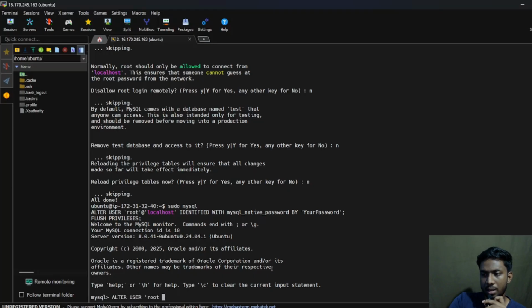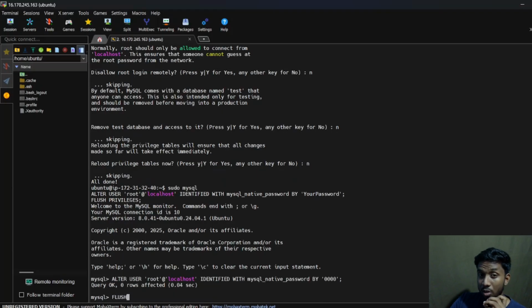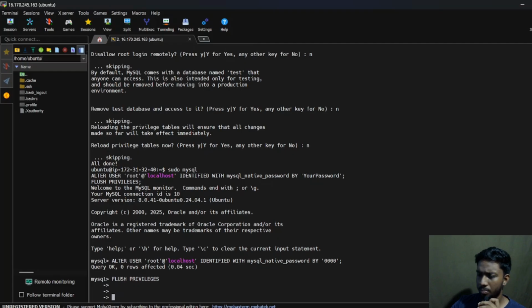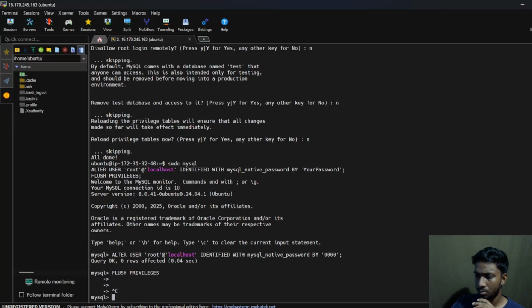And after my secure installation, I'm here altering the username for root, and I'm changing my password to 4 zeros, which is not very secure, but yeah, it's simple. So I'm just going to do that. After doing all of those things,